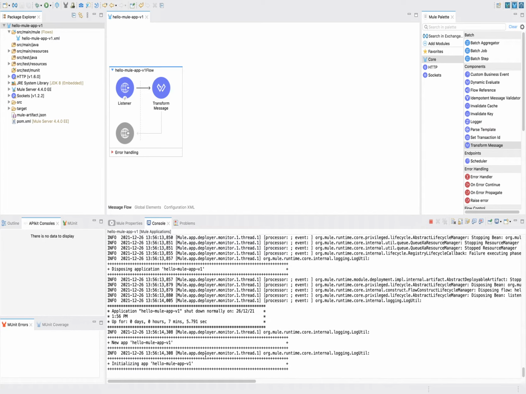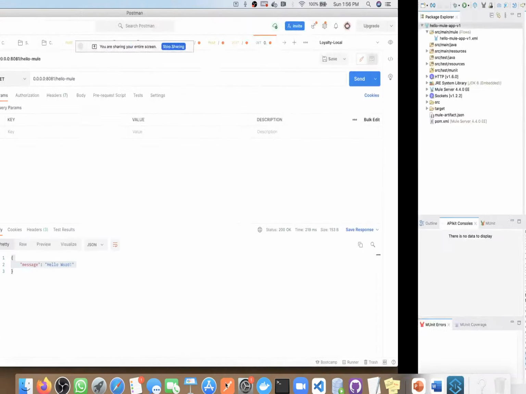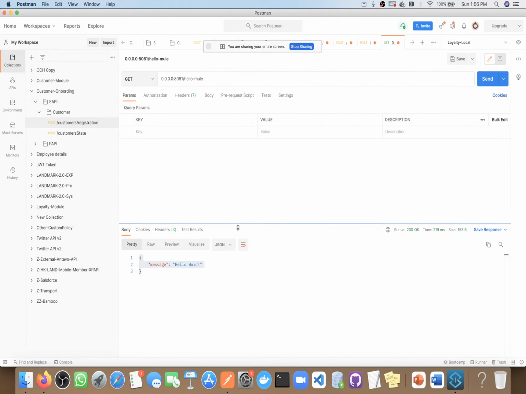When you deploy your Mule application and do a small change on top of your deployment, you just need to save it. You don't need to run it again. It will automatically run, and you will not get a message like deployed successfully. You will get this kind of message, so it means it's successfully deployed again. Now if I go to Postman and call this again, this response will change since I changed our API response. Hello world mule application.